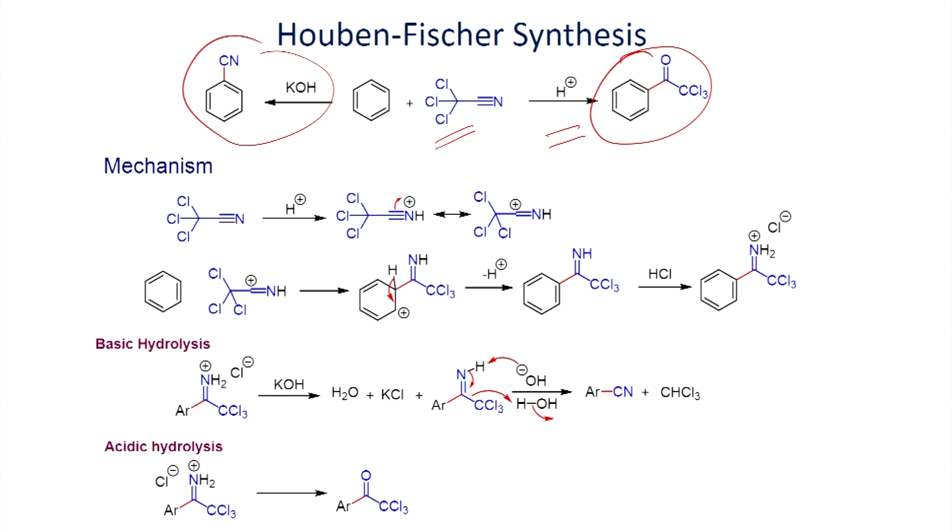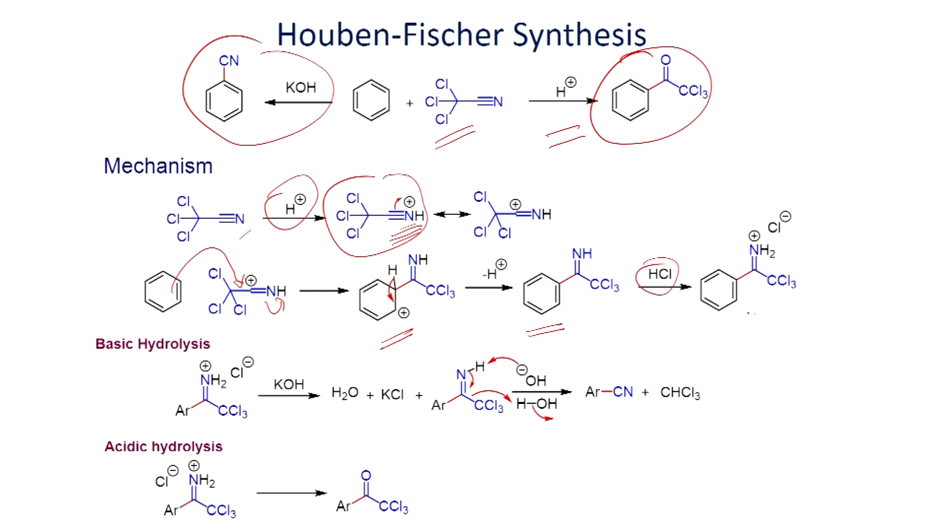For the mechanism of this transformation, trichloroacetonitrile in the presence of acid can give this salt. Once you form this salt, it can act as an electrophile under this condition, and this can readily undergo reaction with your aromatic ring to give this cation intermediate. Once you form the carbocation, it can lose a proton to give this nitrile, and